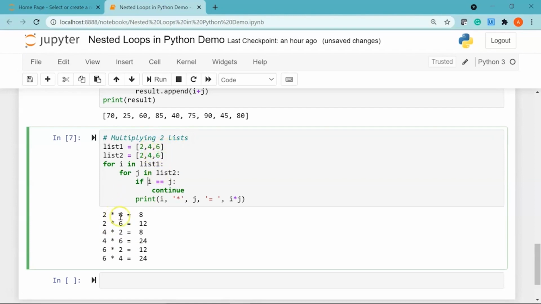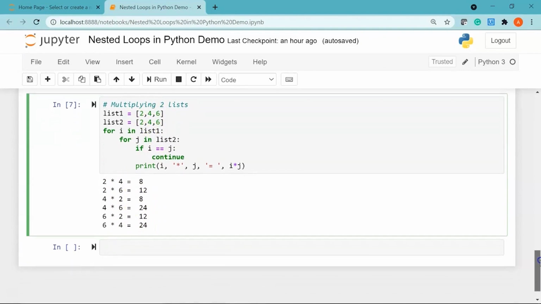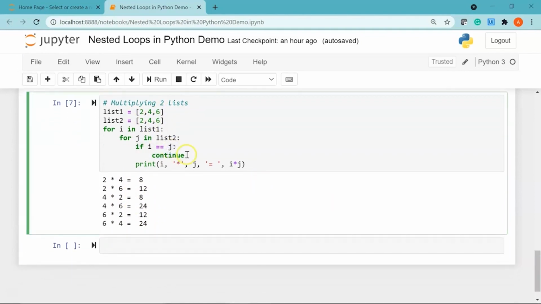But for the remaining, we have our result. 2 multiplied by 4 is 8. 2 multiplied by 6 is 12. Similarly, 4 multiplied by 2 is 8. 4 multiplied by 6 is 24. 6 multiplied by 2 is 12. And 6 multiplied by 4 is 24. So continue and break are two statements that you can use inside nested loops in Python.